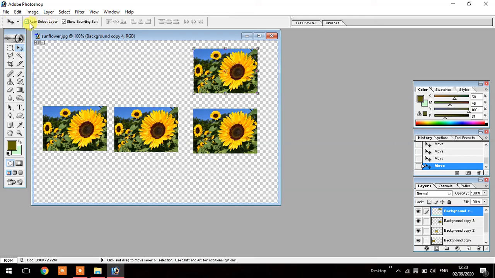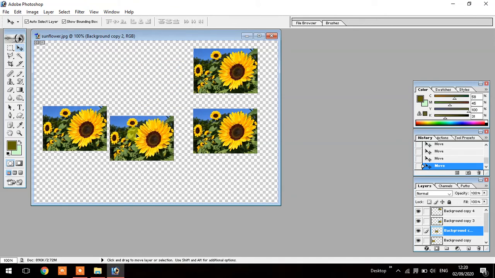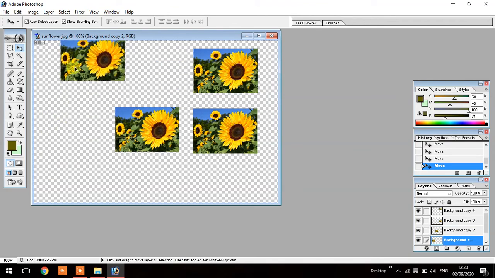And this is the auto select layer. Auto select layer means when you press on any image, this layer is selected automatically and you can move it freely.